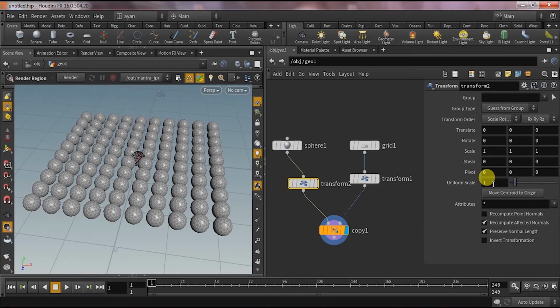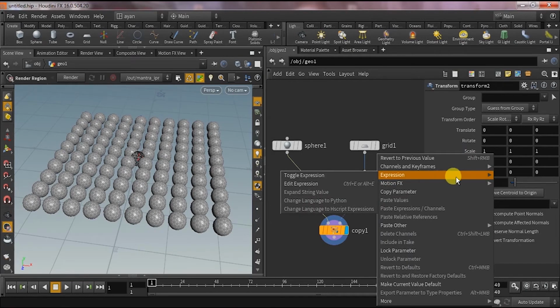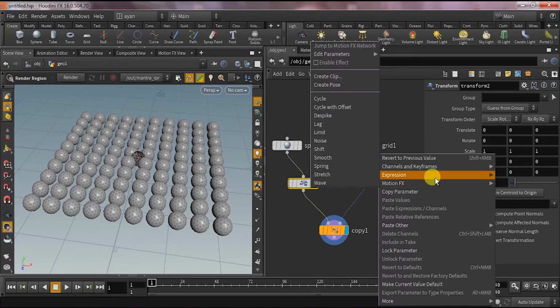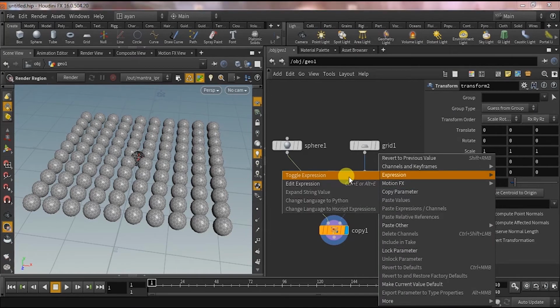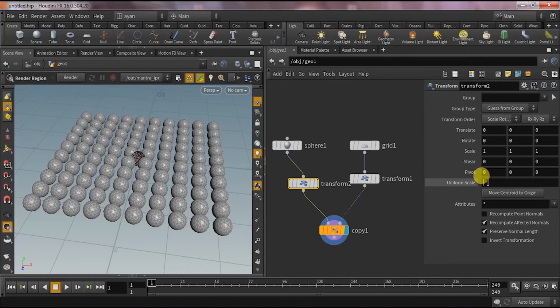In the uniform scale parameter, right click, go to expression and toggle expression. Now give here an expression, that is STMP, stamp, first bracket open,